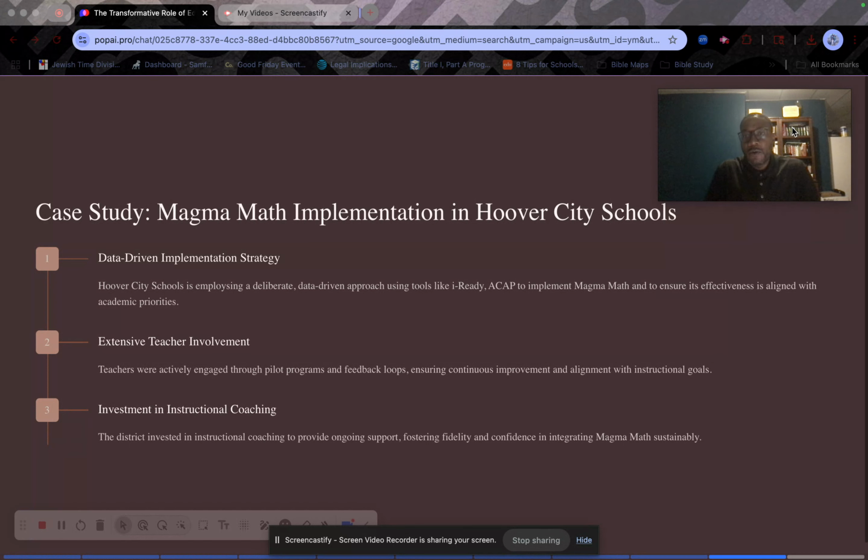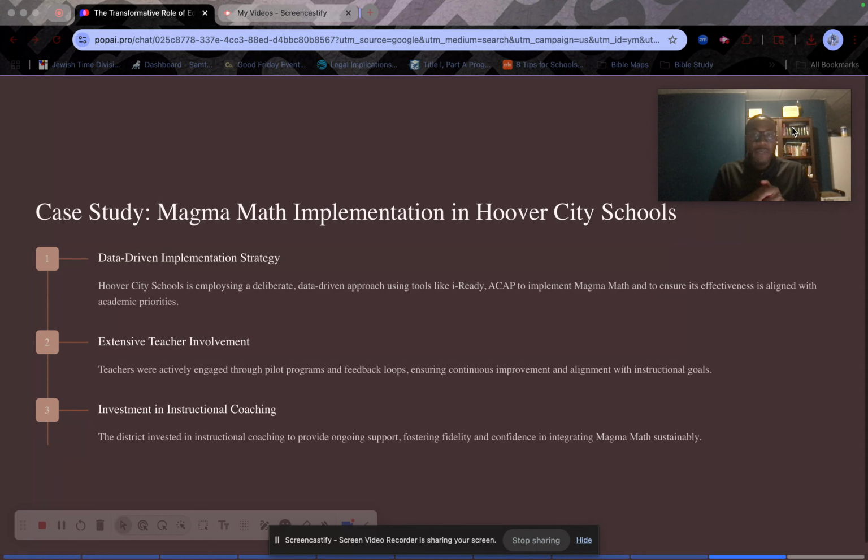When he first came on several years ago, he noticed that we didn't necessarily have a resource problem. We had too many resources. This school is using this, this school is using this, this school is using this. It's not necessarily a bad thing, but what he was trying to do is get everybody to point in the same direction and move in the same direction.